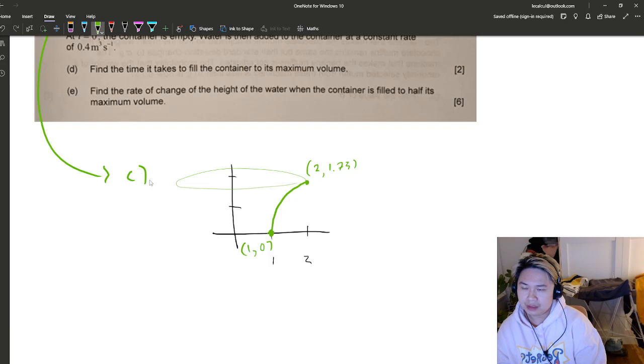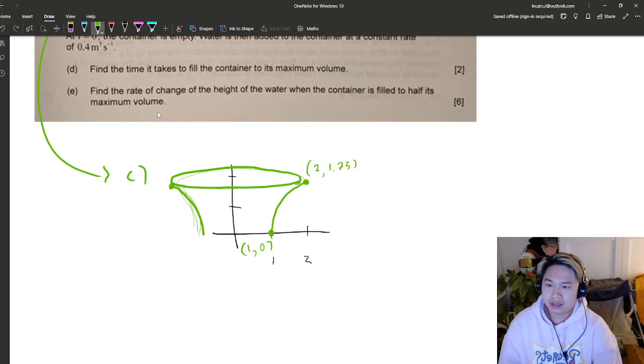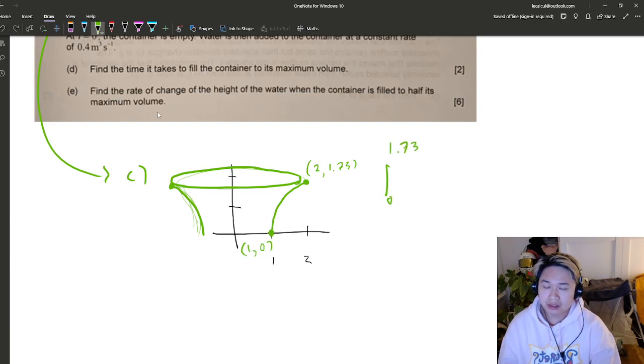So you rotate this about the y-axis and you make a weird vase, or vase for water. Now the only issue with this is that this is a rotation about the y-axis, which you technically don't know how to do. Because what you would do is take the integral from 0 to 1.73 of